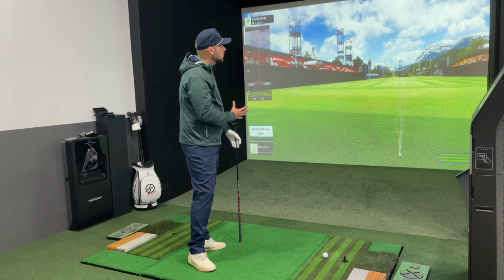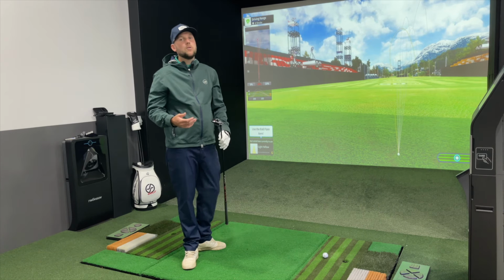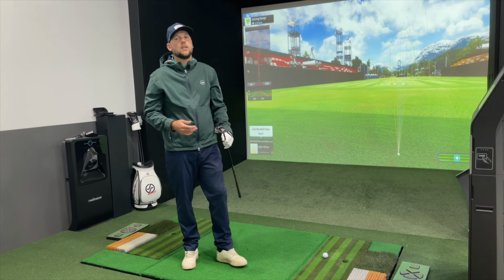That's one of those, if I'm into the wind, I've got 220. I wouldn't be able to get there with that 7 wood that I've also got in the bag. So being able to play that shot is obviously nice to have in there. But then if I jump on one,